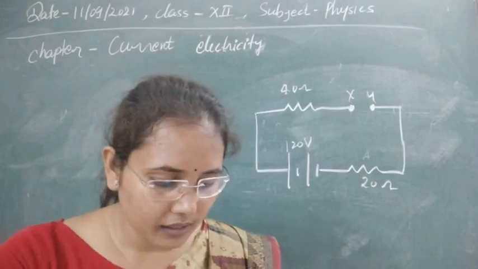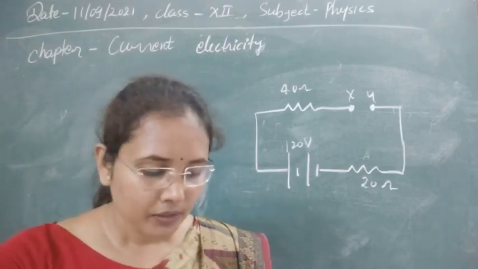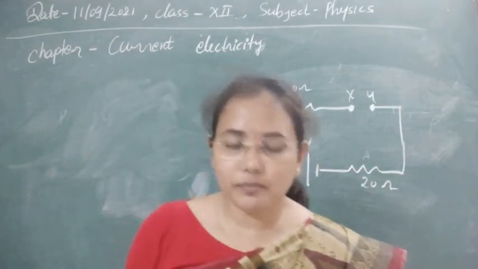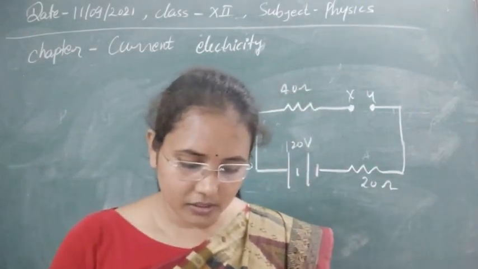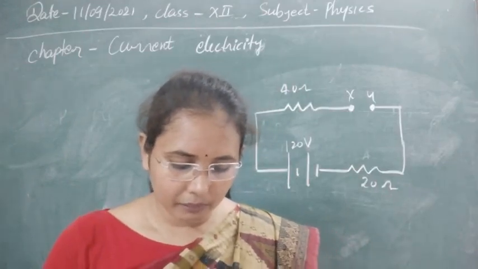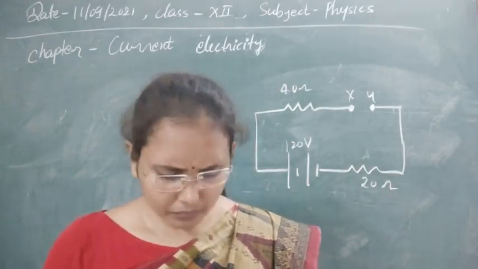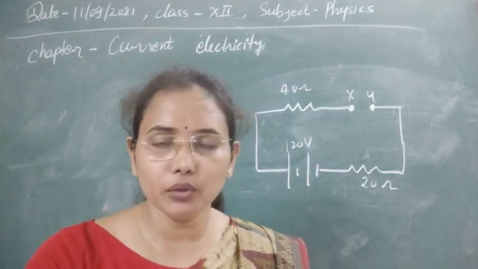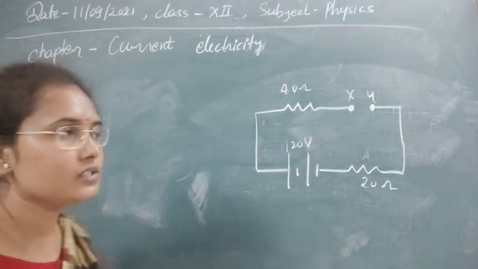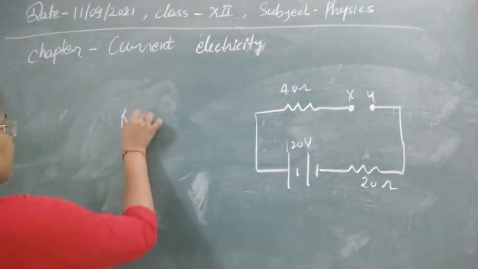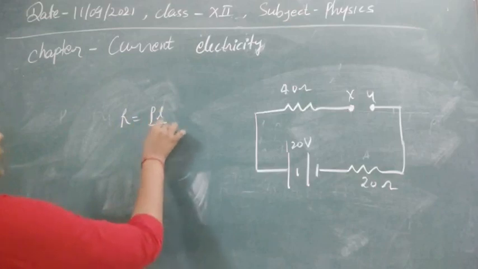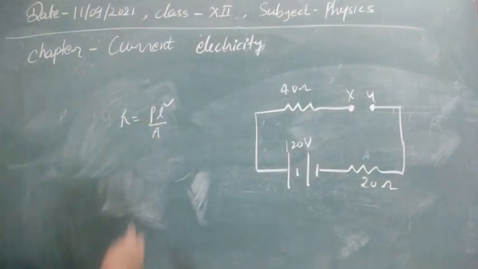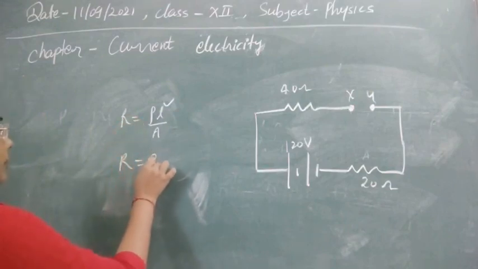Next question is again a theoretical question. If the length of the wire is doubled, then its conductance will? Options are given: remains unchanged, be half, be doubled, be quadruple. So if you change the length of the wire, then what will happen to the resistance? As R is equal to rho L by A, if we double the length, the resistance will also double.